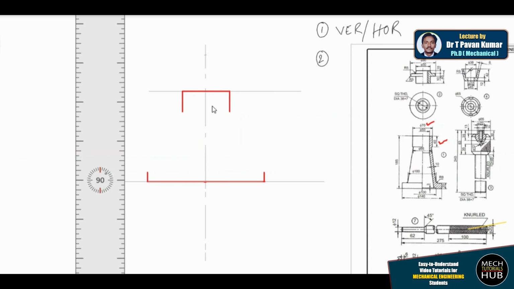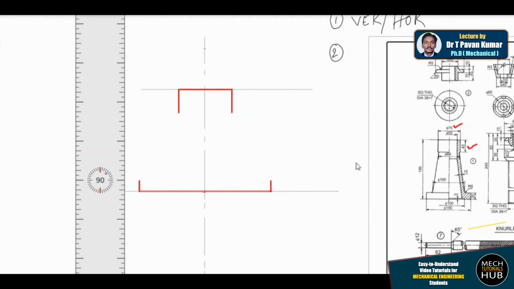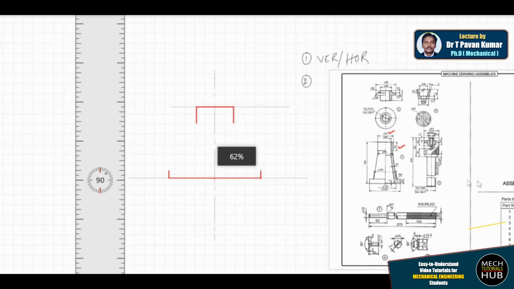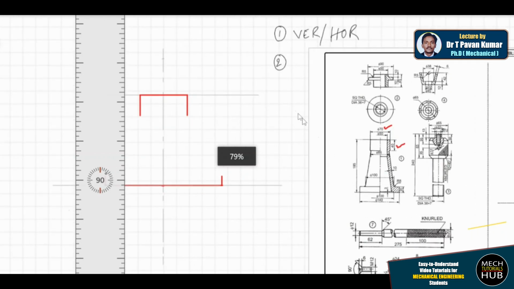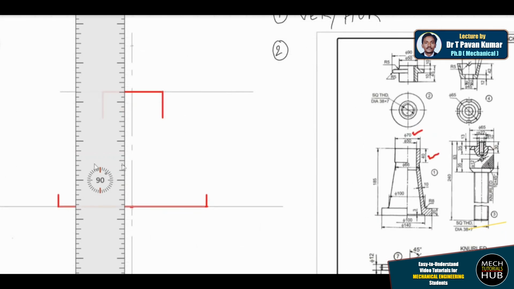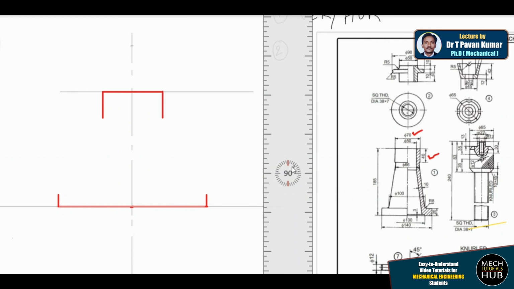Let me increase the size so that you'll understand better. Now this is how I got. Now here there is a taper section. Before drawing the taper, there is a small groove here, a step is maintained here.